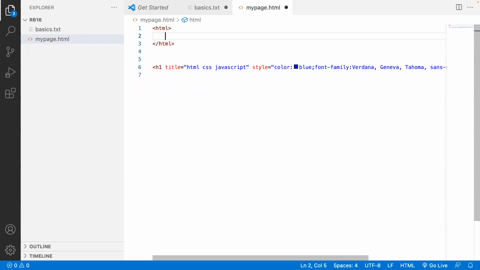Sir, without knowing what is an element, you can't understand the structure. That is why I am telling you about the structure now. The whole web page is in between the starting HTML element and the closing HTML. There is a doctype also, don't look at that now. In the HTML open tag and close tag, you cannot directly write content. There are two sections. One is the head section.